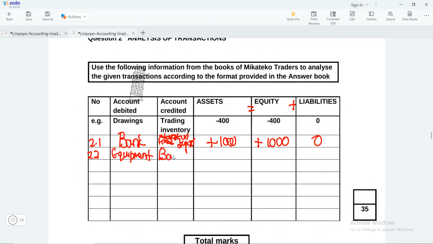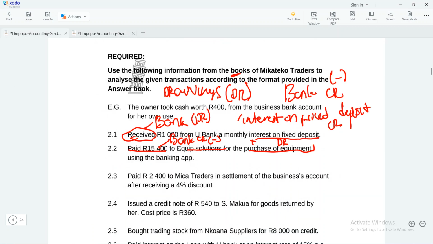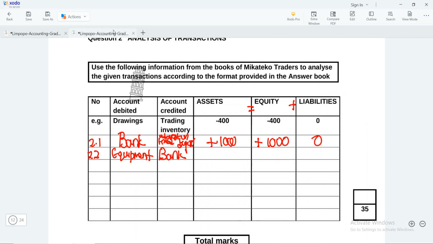Why? Because we know that bank is reduced on the credit side and it's an asset. So you would have to check the amount. The amount according to here is 15,400. So this will do two things to our asset. It will be a plus and minus 15,400. So write plus and then minus 15,400. They will give you 2 marks for this, because remember, our assets are increasing and decreasing at the same time,